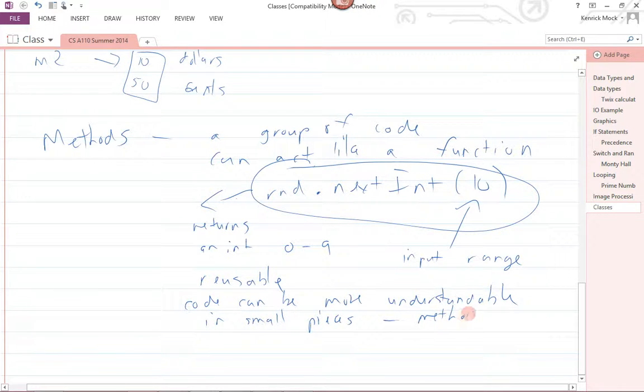So your program becomes like a bunch of methods that each do some individual thing, and then you piece them together, and it's presumably easier to understand one kind of isolated method than how all that code would fit together without them. And then with all these things, it makes your program a little easier to debug. So debugging is generally easier,